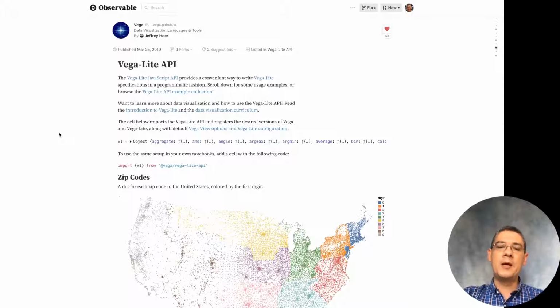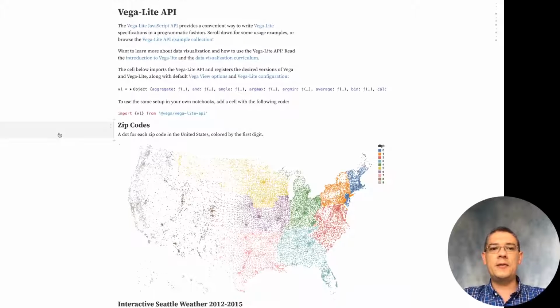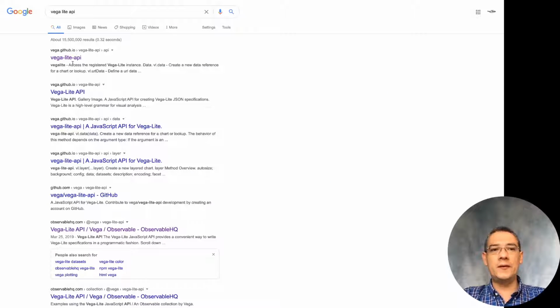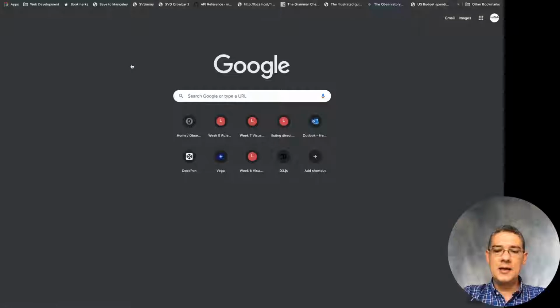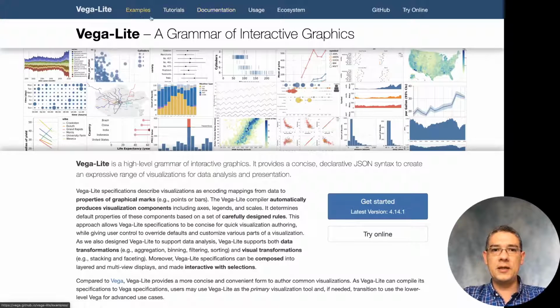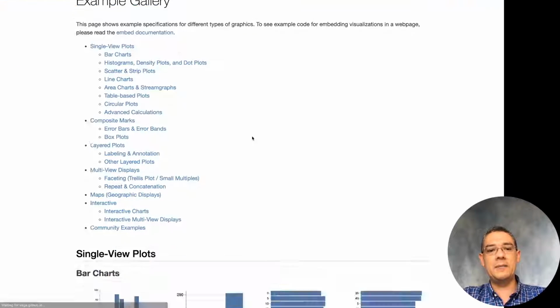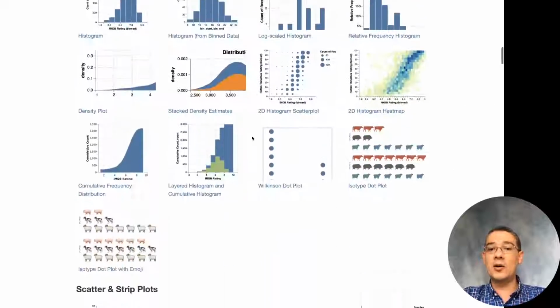So why would you use VegaLite? Well, writing code in VegaLite is way faster than doing it in D3. You are a little bit more constrained. You cannot do as many things as with D3, but you still can do a ton of the different things that are possible. Like for instance, especially on the examples on the VegaLite page, you're going to see that there's a ton of those that you can build.